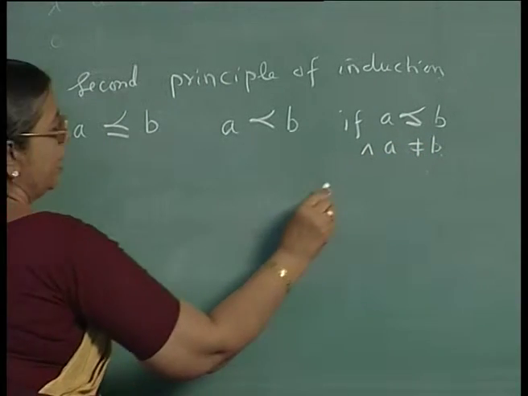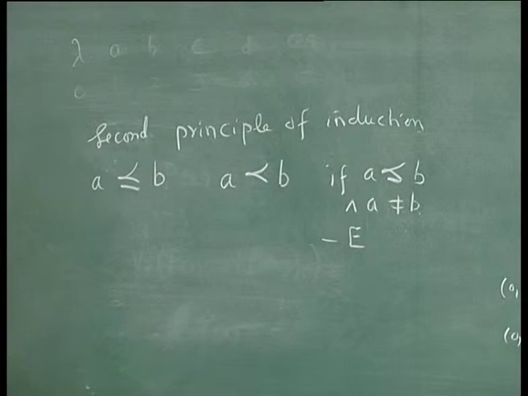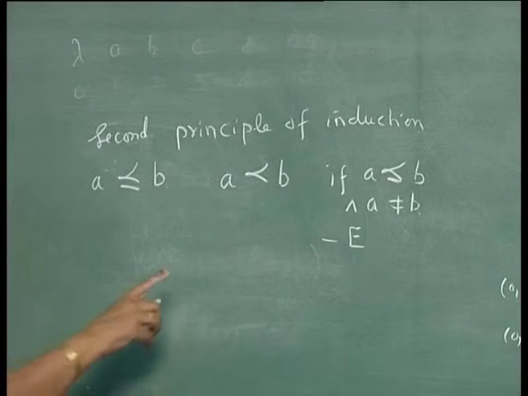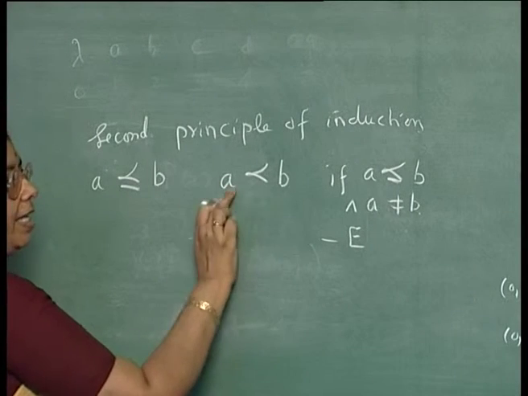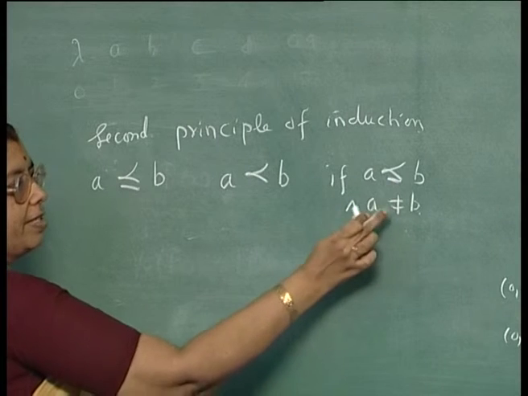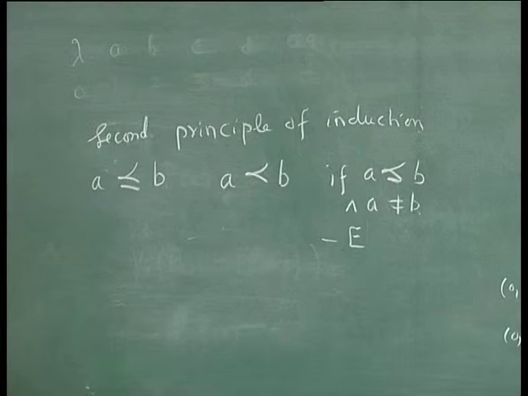That is, you are removing the equality elements from this set, because a linear order is a partial order. A well order is a linear order in which every subset has a least element, and a linear order is a partial order, and a partial order has the reflexive property. But if you remove that, you can say A is less than B instead of less than or equal to B. If A is less than or equal to B but A is not equal to B, you are removing the equality elements. In this case, the principle of induction you can state like this: